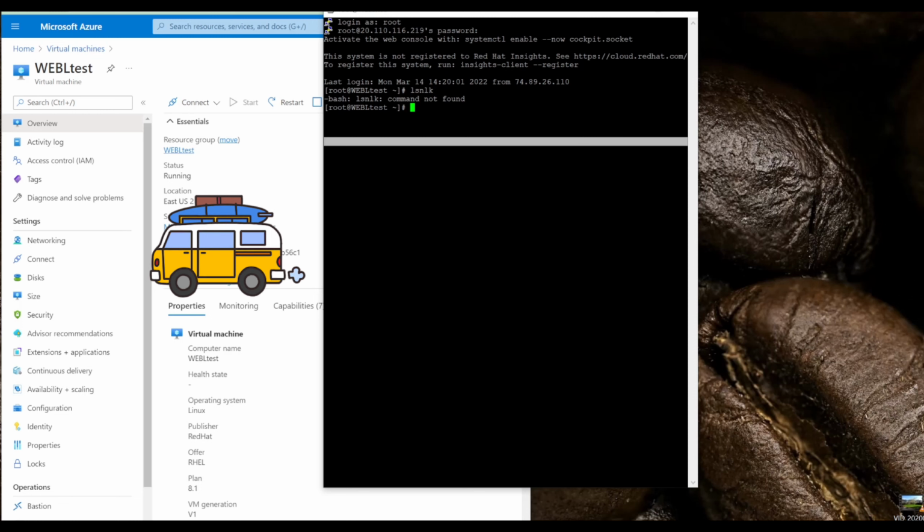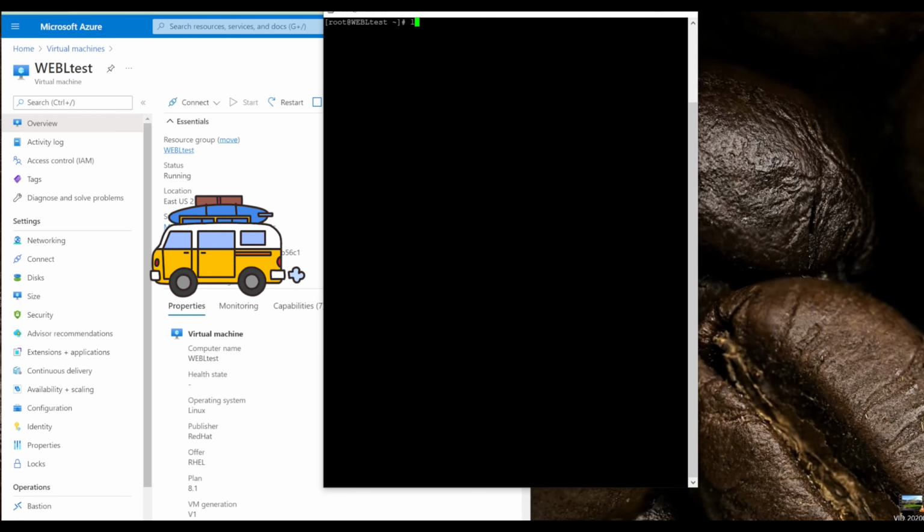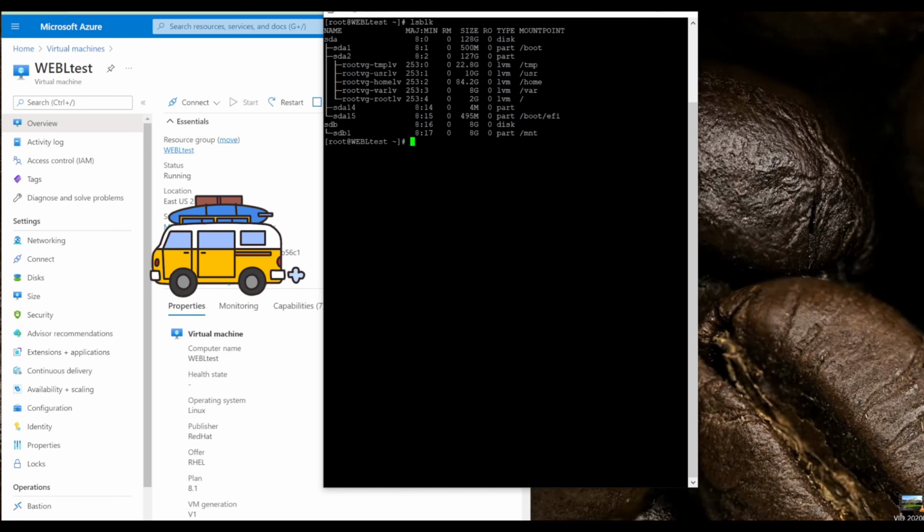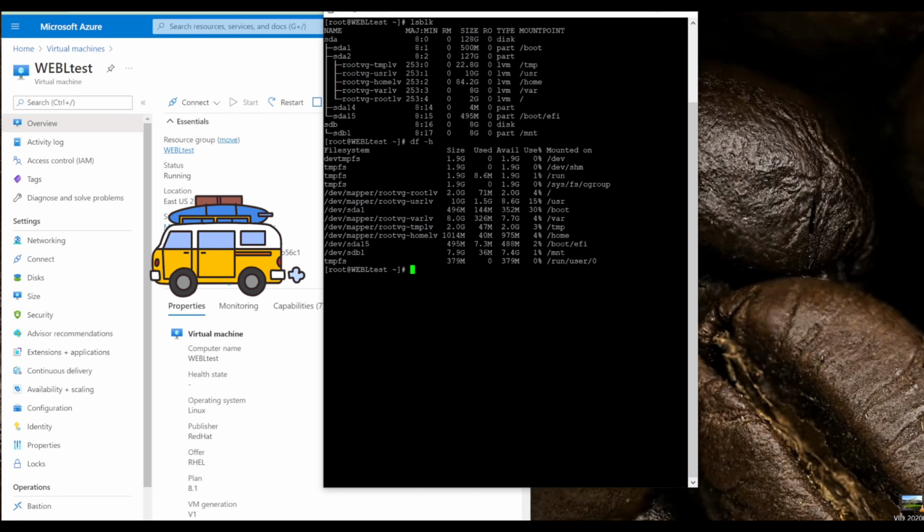No, hold on. sbrk, okay, try again. df -h. Yeah, still space down. So we do XFS